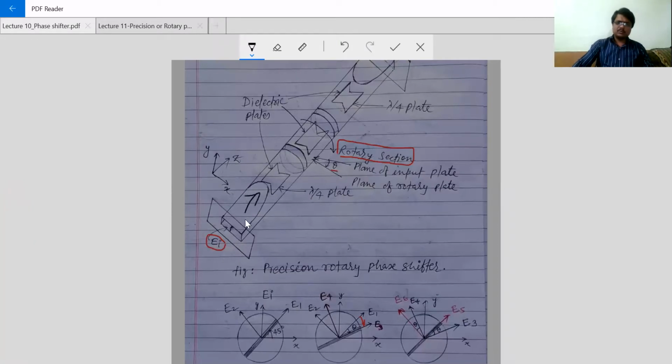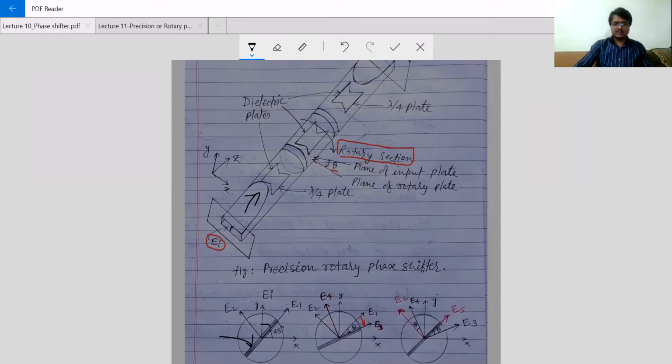If one looks from here, the input side, it will look like this. This is the direction of the electric field, and this is perpendicular, like this. This is the input plane, nothing but the input dielectric plane. Its length is lambda by 4, and the angle between EI and this plate will be 45 degrees,